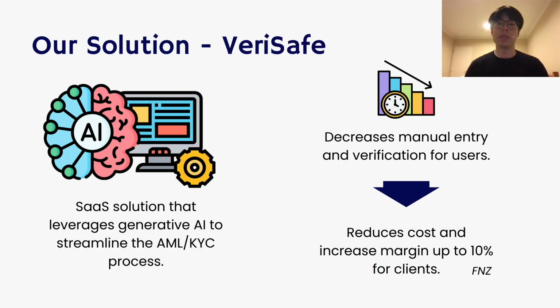To address this pressing problem, we introduced VeriSafe, a SaaS solution for our customers that conducts smart AML and KYC operations using AI. Through empowering AI algorithms to extract information from know your customer documents and building off millions of transaction databases to detect illicit transactions, this helps users increase their operational efficiency significantly. As a result, we expect this to free up billable resources and help increase margins for your business by up to 10% for our clients, notably accountants, lawyers, and SME owners.